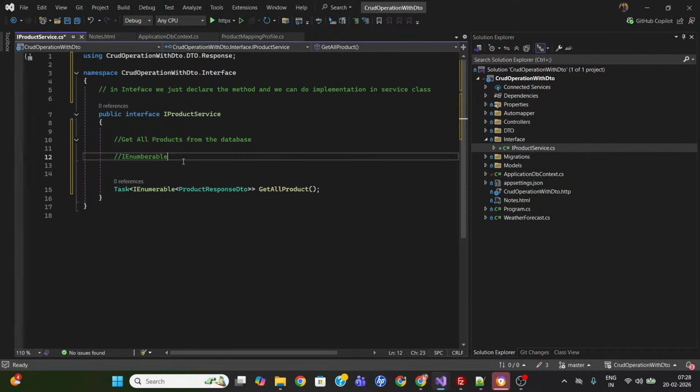And another one, sometimes it is an important interview question: what is the difference between IEnumerable and IQueryable? For example, in IEnumerable, if you want only the first 10 records